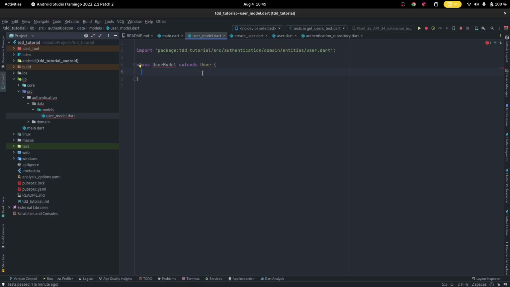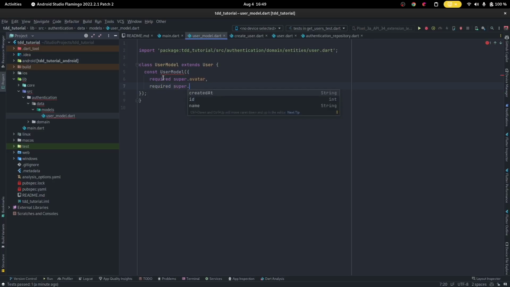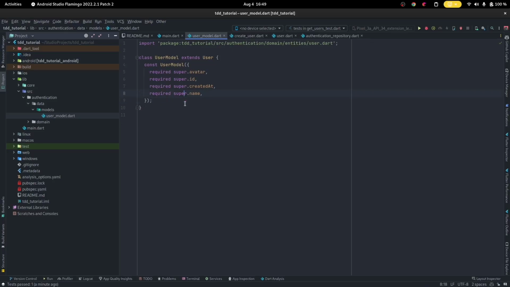All right, and then now we have to say const UserModel, create a constructor for it. Now because it's extending the user, we don't have to collect the information as properties, final username, final, because the parent class is already collecting them. We simply have to collect them in our constructor and pass them to the superclass. Right, super.avatar, required super.id, required super.createdAt, required super.name. Alright, so now that that's done,